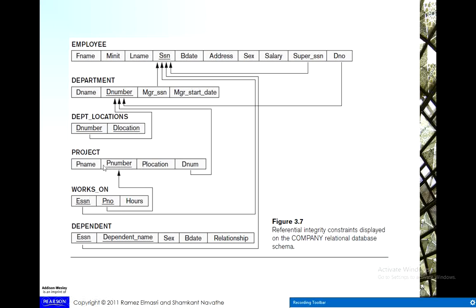So project and works on relation, that means one project can have many project numbers. And also here, for example, one department can have many department numbers here because we have many employees working in it, and so forth. So this kind of diagram is called schema diagram, which constitute the referential integrity between the relations. And there is a relationship constituted by these arrows, because every arrow here is actually constitute a relationship between two